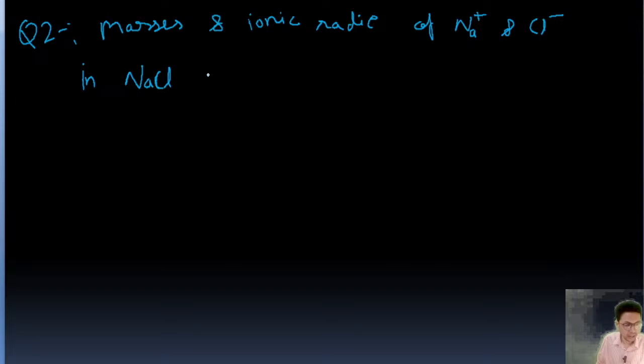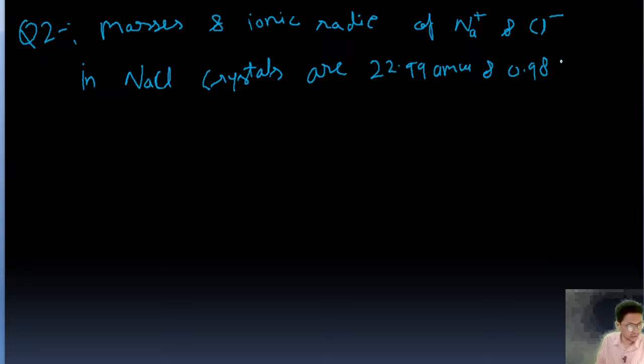This is also a good question. Question 2: masses and ionic radii of Na⁺ and Cl⁻ in NaCl crystals are 22.99 AMU and 0.98 angstrom, and